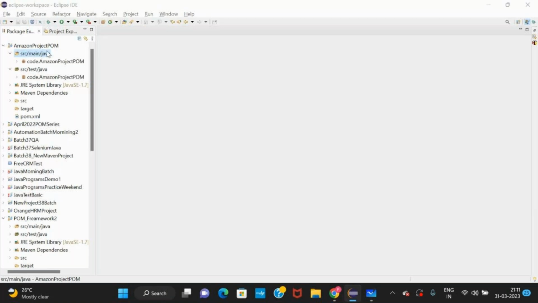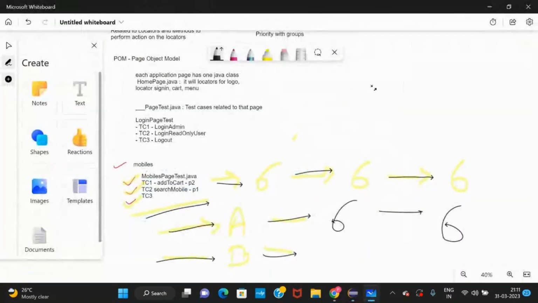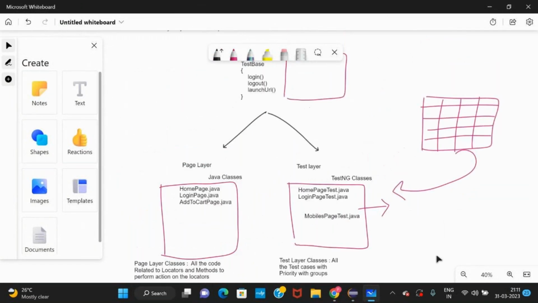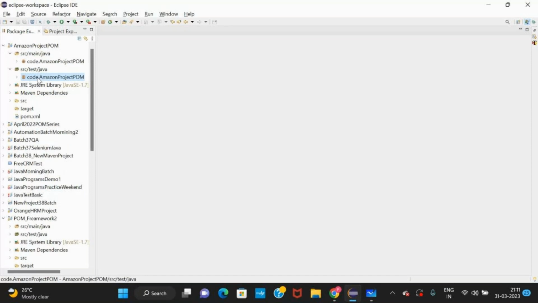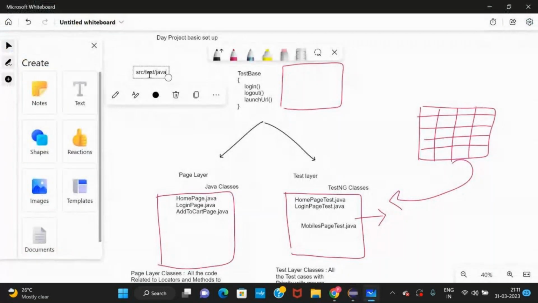In the page object model, the first component we have, test base, will be in SRC main Java. The page layer can be in SRC test Java, and this test layer can also be in SRC test Java. Test means the test cases will be there. Now, SRC main Java has test base.